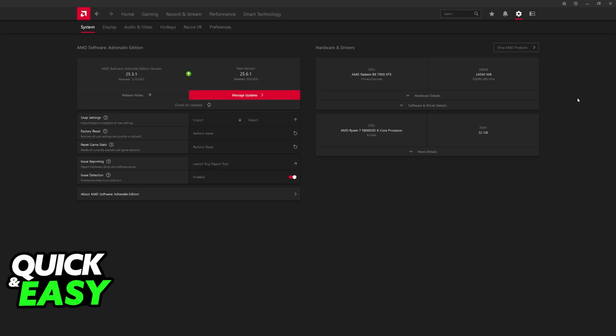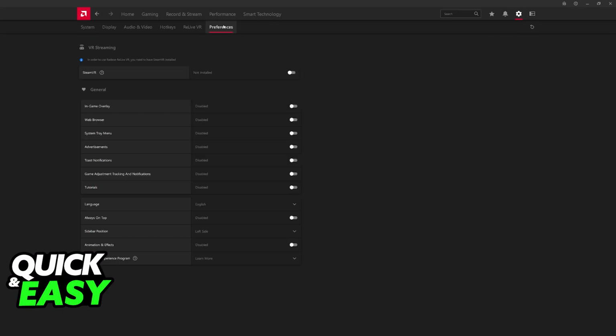But I'm still going to show you some methods to help you minimize the AMD Radeon software opening up and annoying you. So the very first thing that you should do is go over to the settings and then choose preferences. In here, disable any sort of overlay that you don't care about, primarily the in-game overlay. While this is useful if you are trying to monitor temperature, GPU, and CPU usage, at one point you won't have much use for it, so make sure that it is disabled if you don't care to monitor the specs